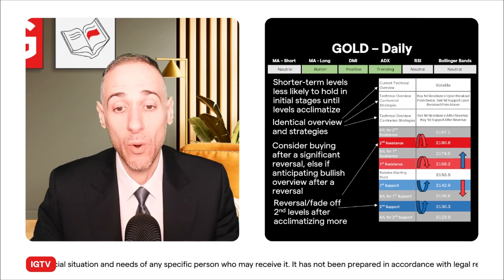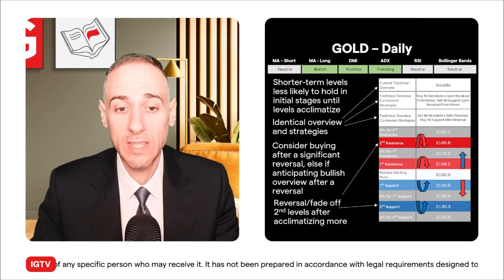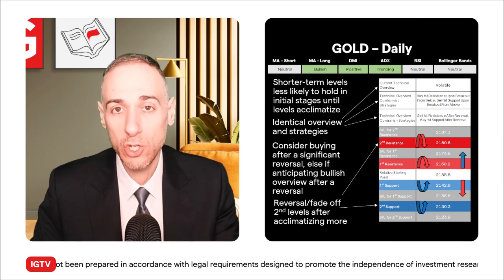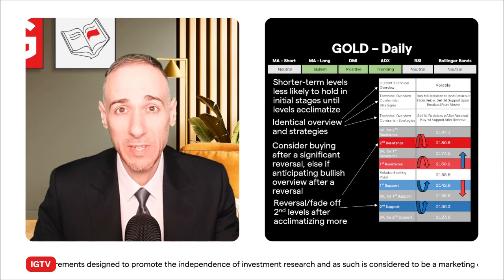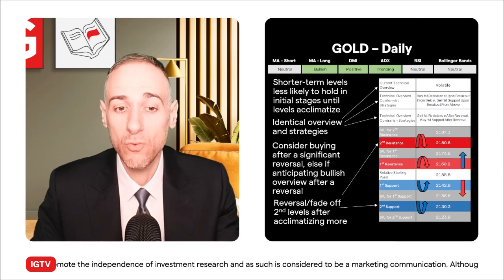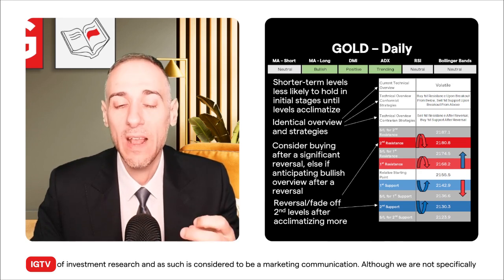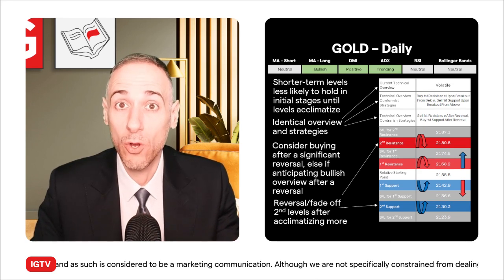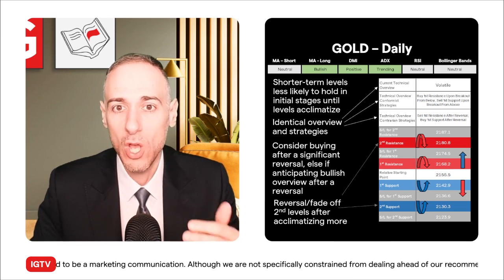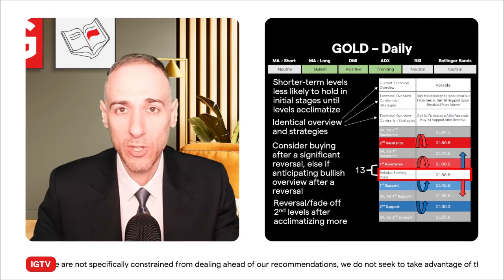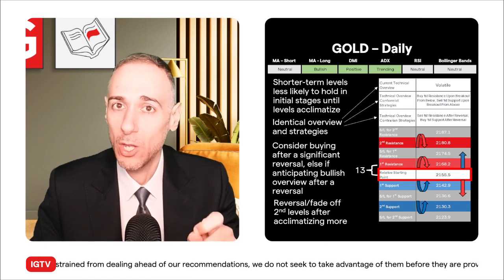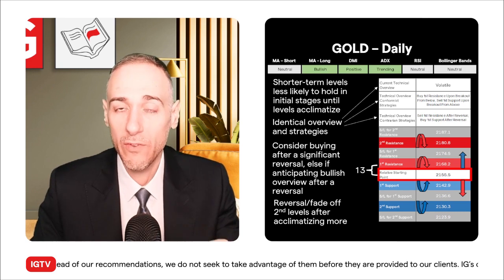And those of you that want to work off the second levels, you could consider a reversal or a fade. But I would say when you first get that initial burst of volatility, stick with reversals off the second levels. Only when levels start to acclimatize and get used to it can you finally say, okay, maybe I can now go for a fade. So that's afterwards. Now, the gap between the RSP and the first, because it's a volatile overview, is for the start of the week on Monday. If you're watching this on Tuesday, Wednesday, Thursday, feel free to adjust accordingly.